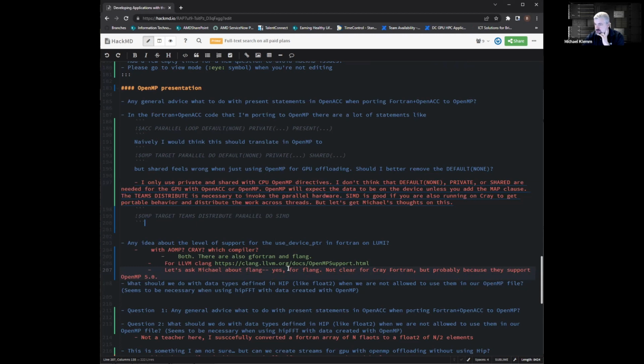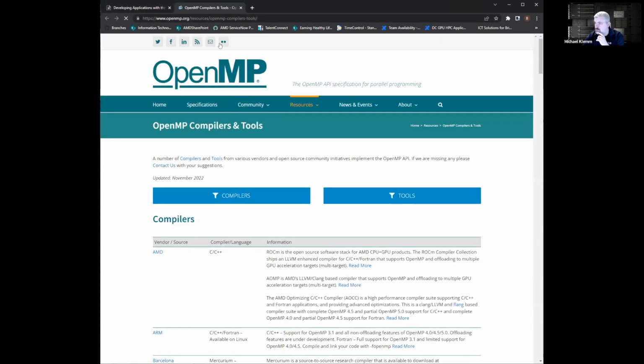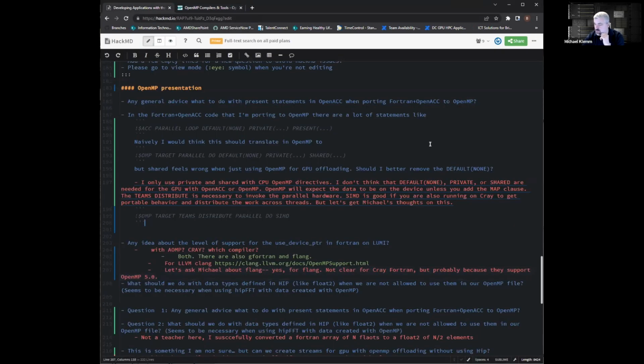And then when you go to the Clang pages, at least for Clang, it basically has this. So this is now where Clang supports OpenMP. And I'm not sure if they still maintain